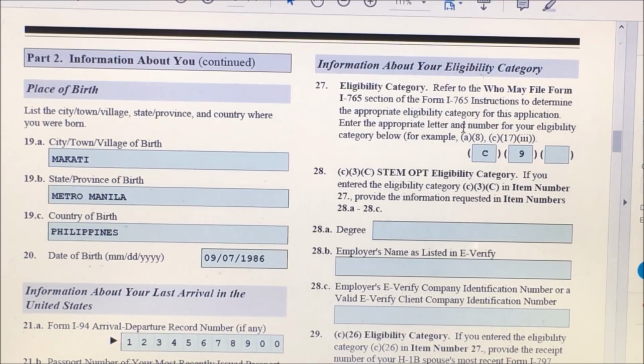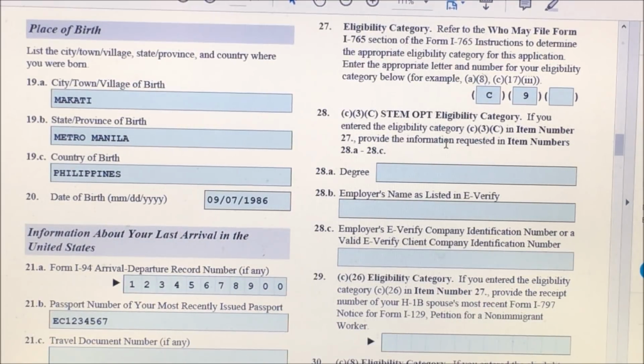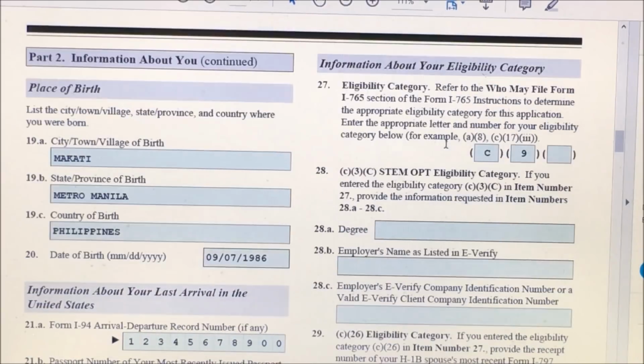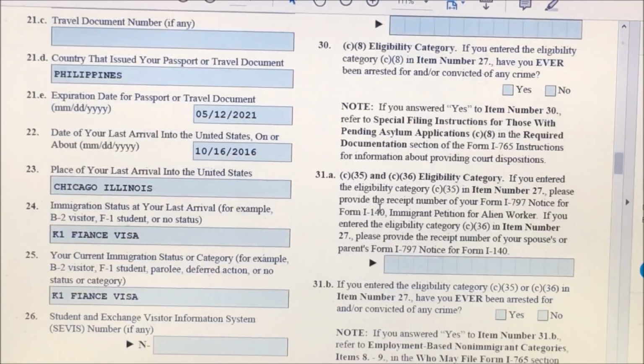So I hope I explained it very well, the difference between the C9 and the A6. A6 if you apply I-765 alone. C9 if you apply I-765 together with adjustment of status. So 27 is C9 because I applied I-765 together with adjustment of status. Then 28, sorry if I repeat that because I want to make sure it was clear, because a lot of viewers are asking me about that and they are confused. So 28, 29, 30, 31,